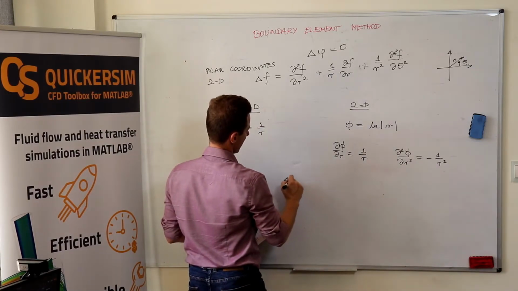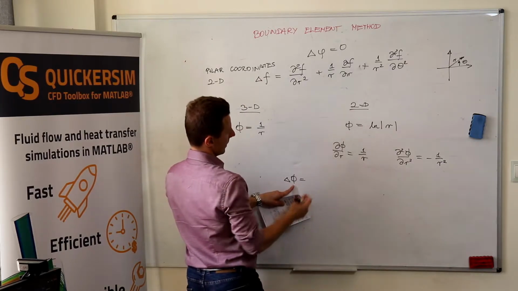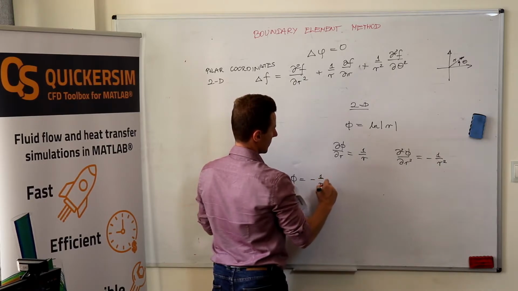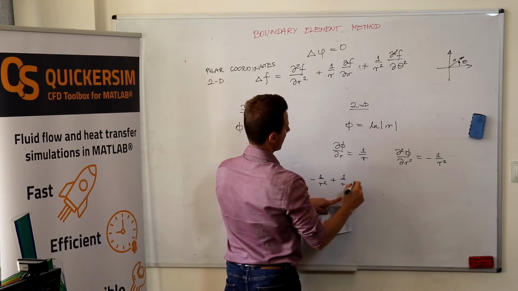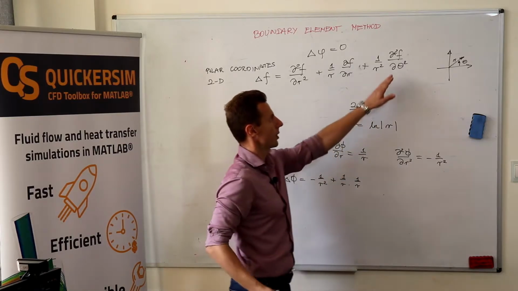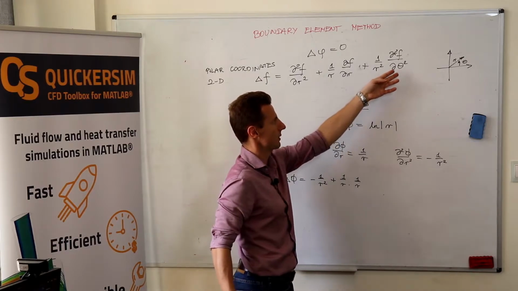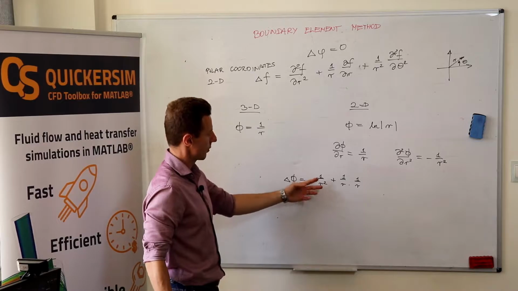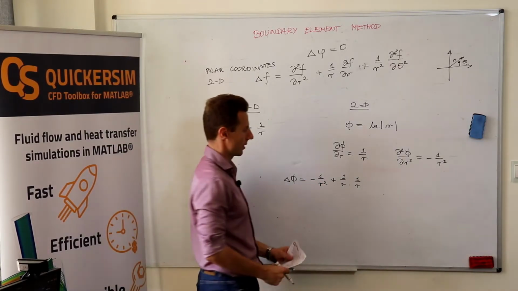The Laplacian of phi is -1 divided by r squared plus 1 divided by r times 1 divided by r. Obviously, the derivative with respect to theta must vanish. Well, -1 divided by r squared plus 1 divided by r squared